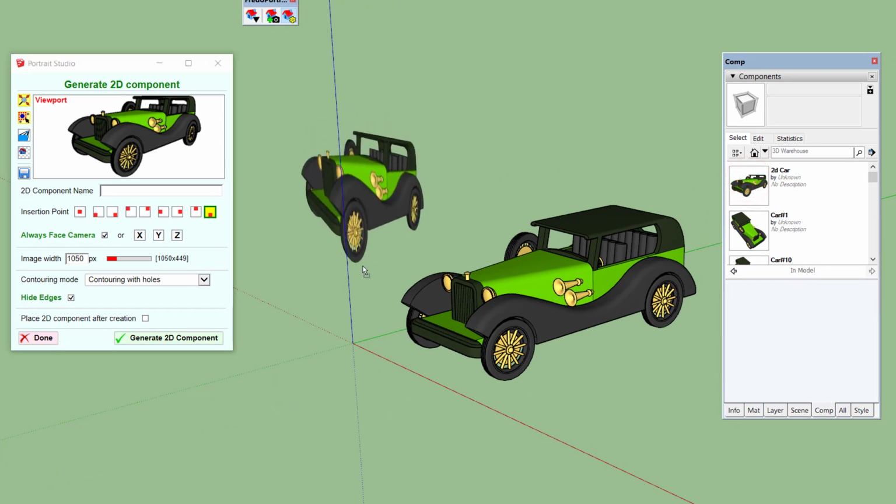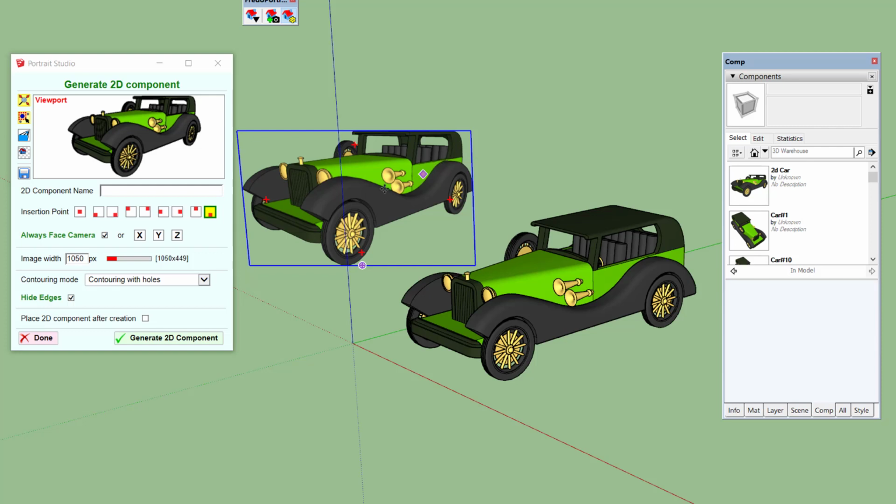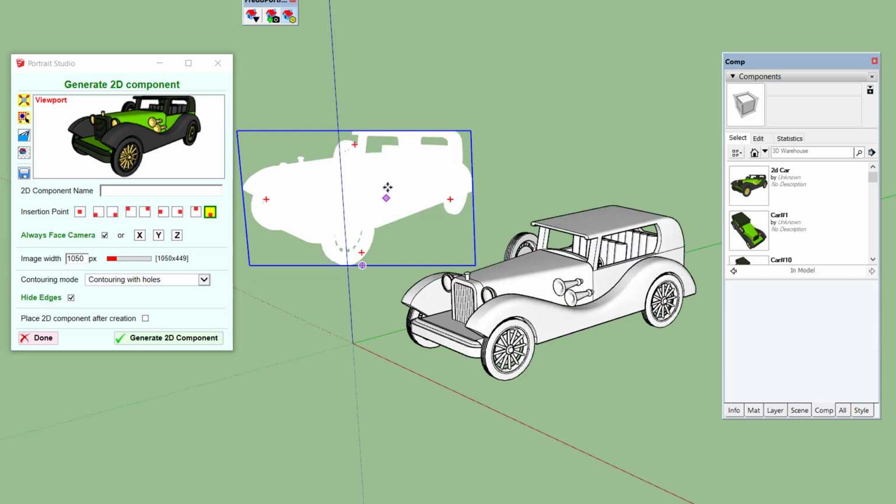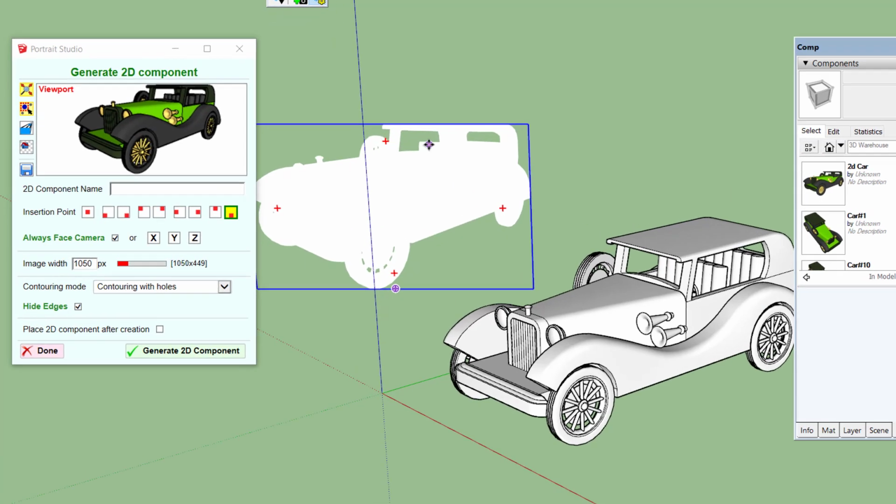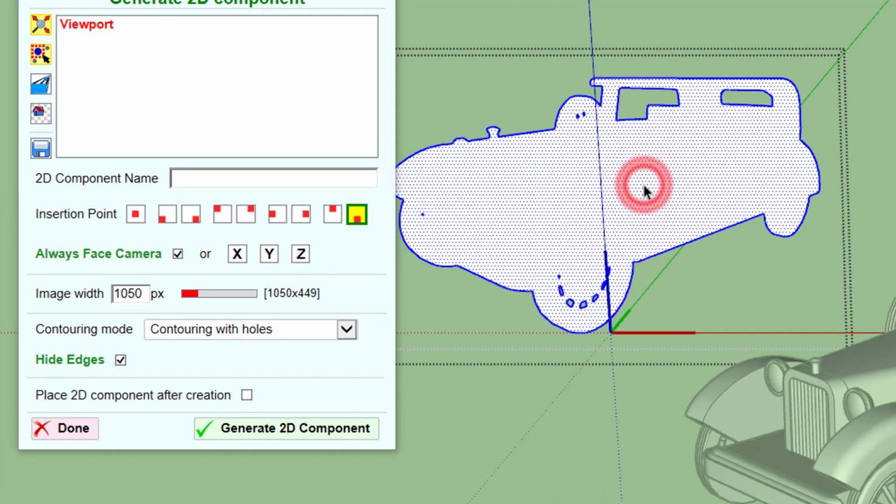If I put it in the model and switch to monochrome, you see that the car is contoured also for the window, showing the background, as well as the wheel, and also a small hole for this wheel.